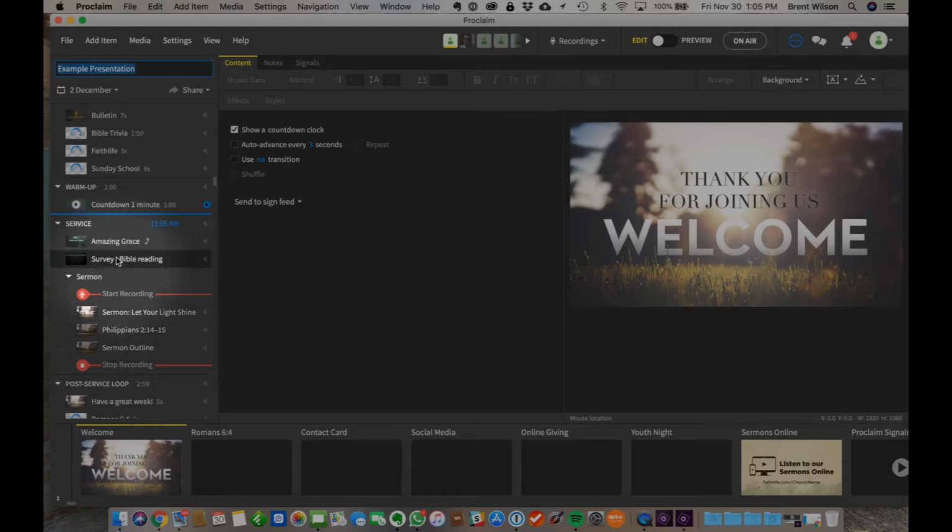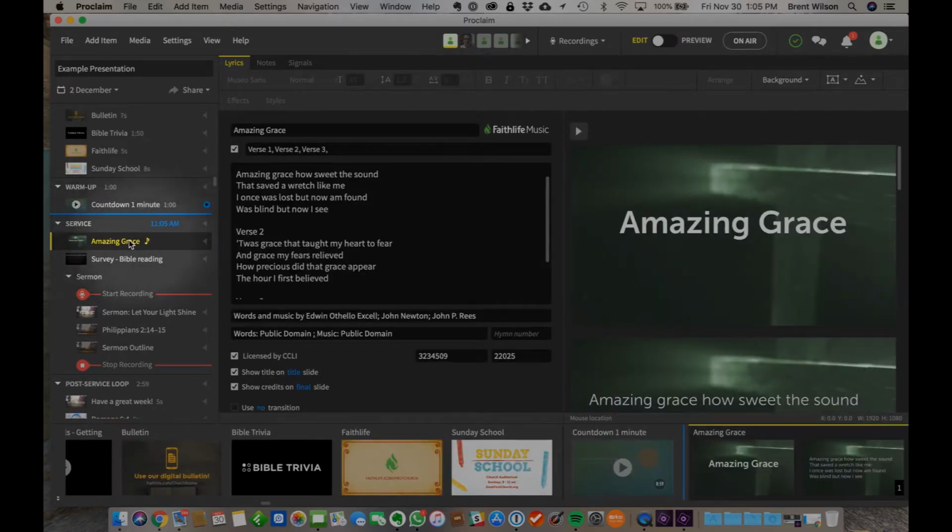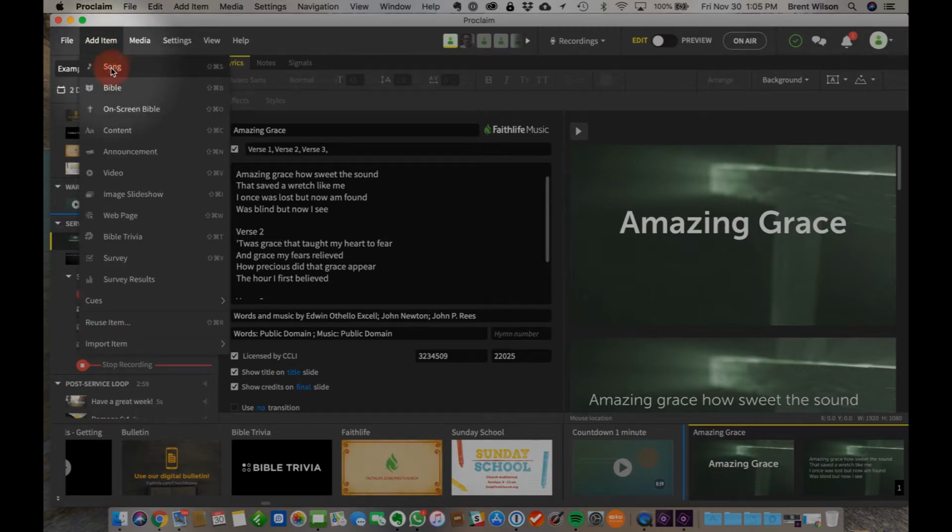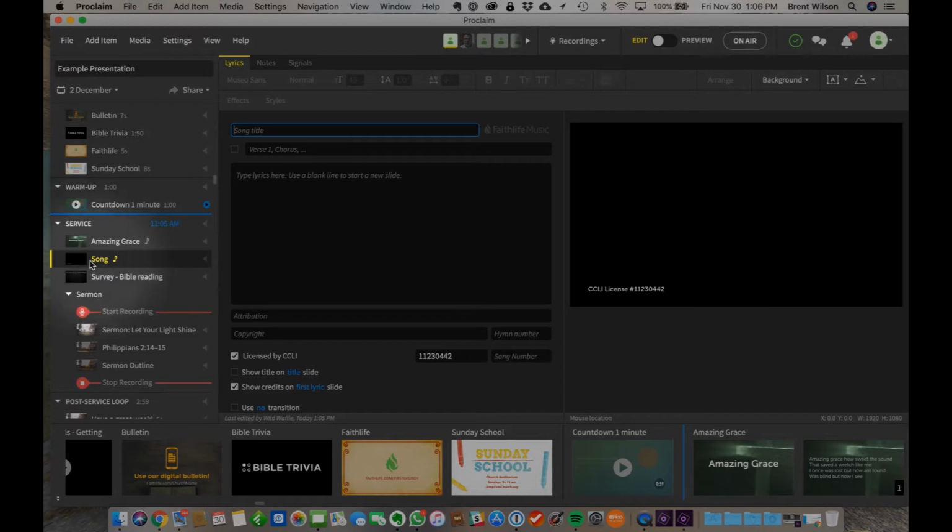What I want to do is down here in the service, I'm going to add another song. So you see I have selected Amazing Grace. Right after Amazing Grace, I want another song. So what I do is I go up here to Add Item, Song. And you can see down here it has made another song. What I'm going to do here is put in